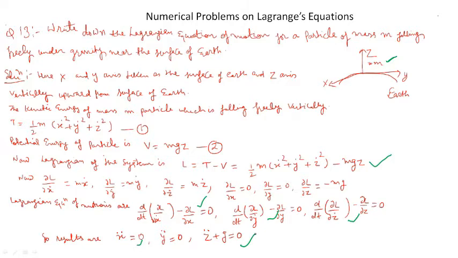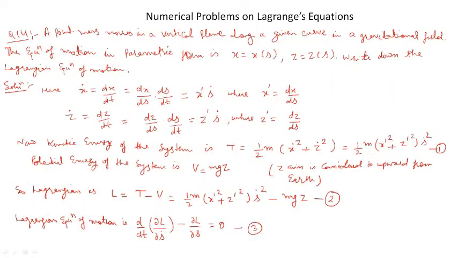Here you can see that along the x-axis and the y-axis the acceleration of the particle is 0, because the particle is falling freely toward the surface of the earth, so it will have acceleration only along the z-axis. The next problem is that